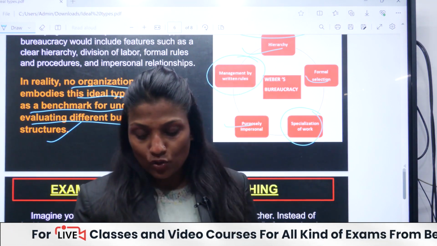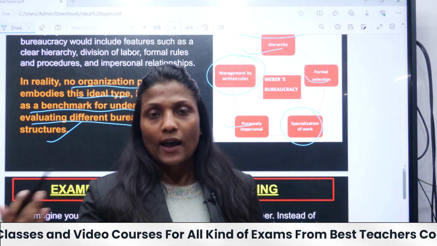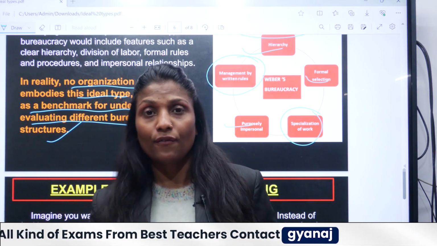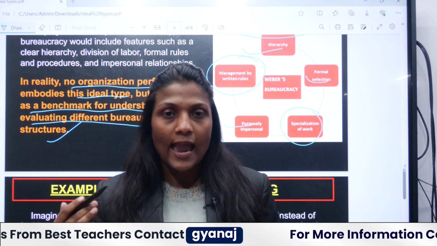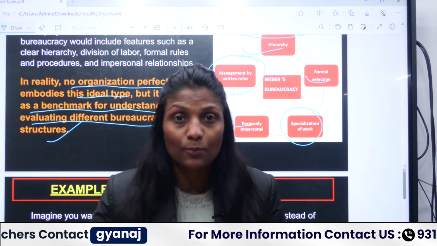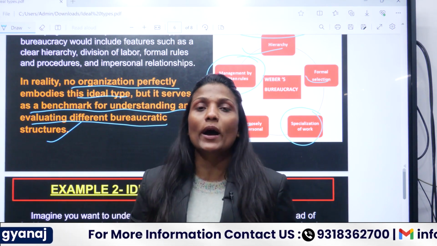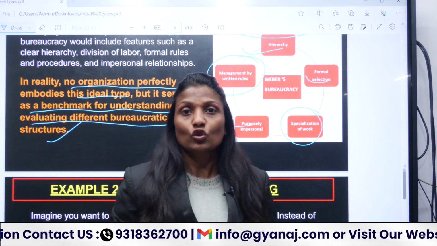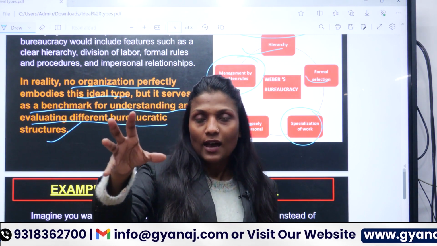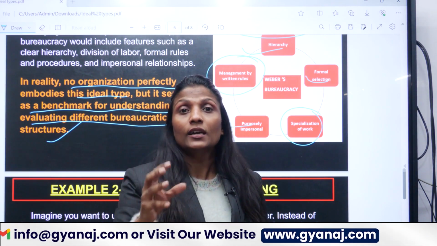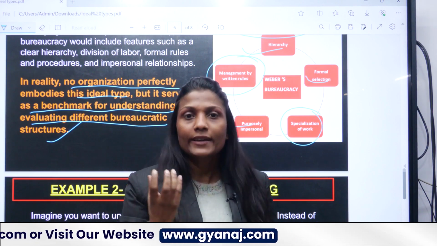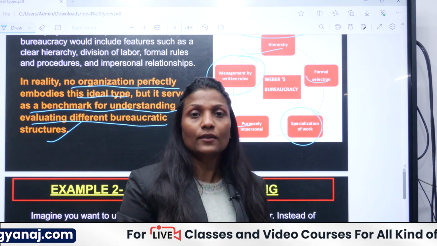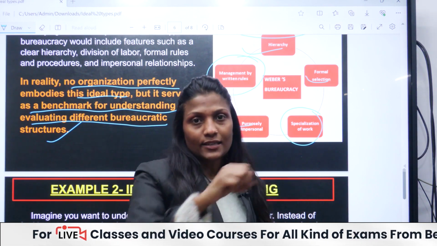So if I have to examine any bureaucracy, I can have this model in my mind, and when I am on the field, I'll try to navigate myself with these characteristics. I will see its hierarchical nature and its rules and regulations. So I already have a model in my mind, and then I'm comparing it with the real data of that research.